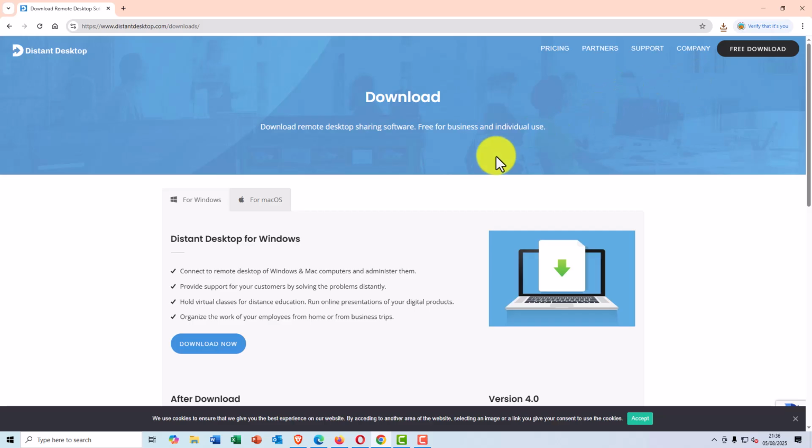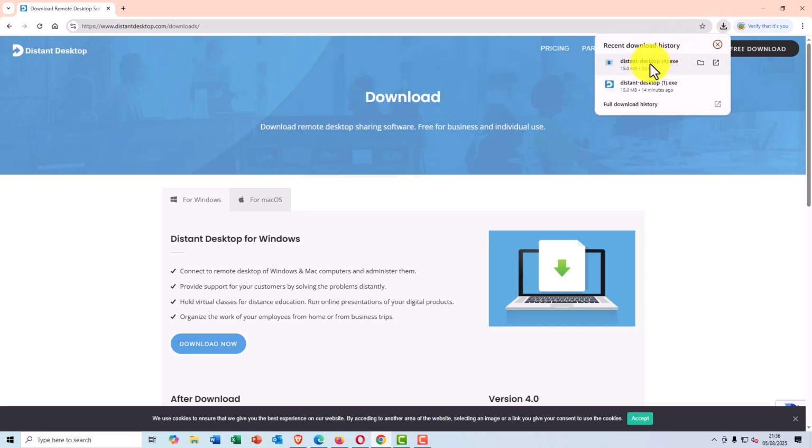Now if you don't get that message, one of the problems people have is they say, well, I've clicked on download and nothing has happened. But it actually has, because you probably haven't noticed in the top right hand corner there's this little down arrow which you can click on, and there is Distant Desktop. You can see it also downloaded 14 minutes ago. So you can click on Distant Desktop,